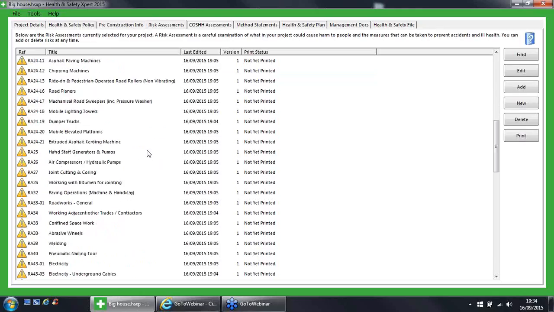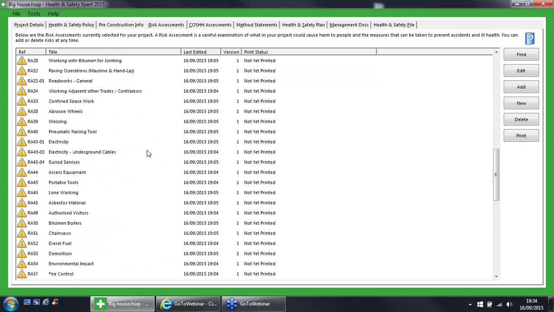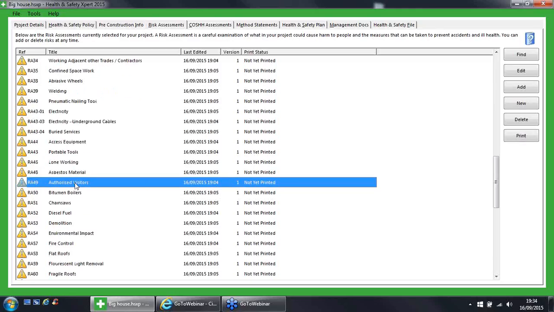Okay, all sorts of machinery, tools, asbestos materials. The asbestos risk assessment is pretty good. It says get somebody else to do it. Make sure that somebody's obviously authorized. Okay, authorized visitors risk